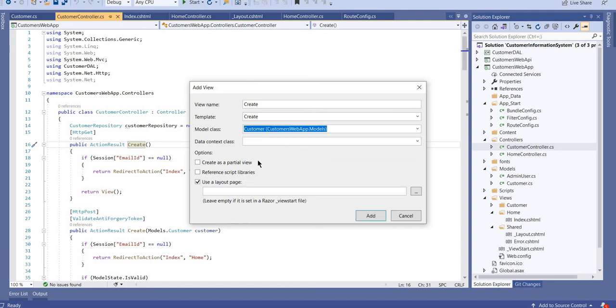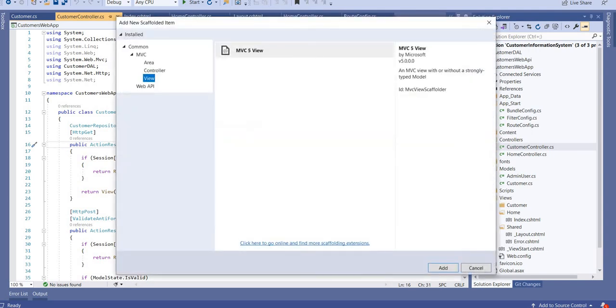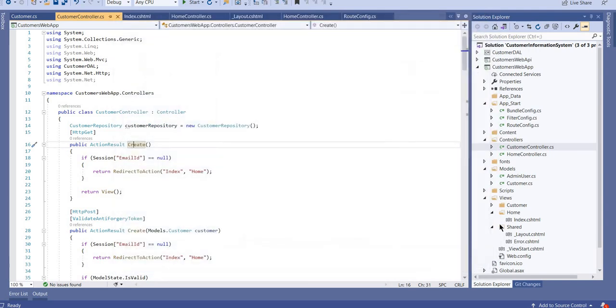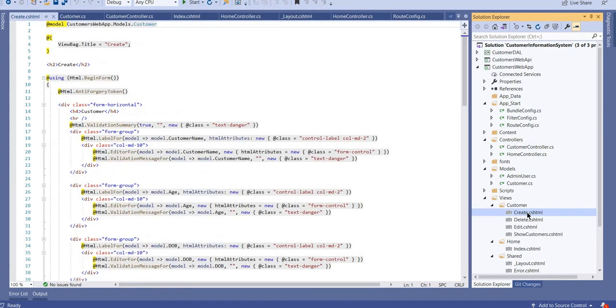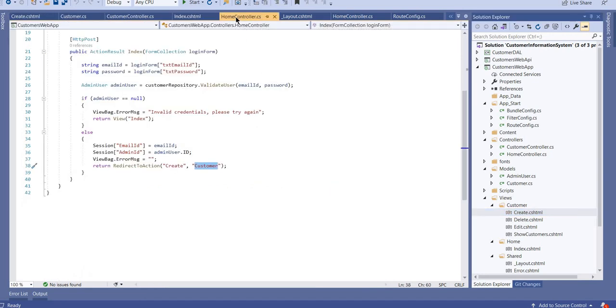You have to select this customer and click on add. Once you click on add, it will create create.cshtml. This is what your Visual Studio will do.